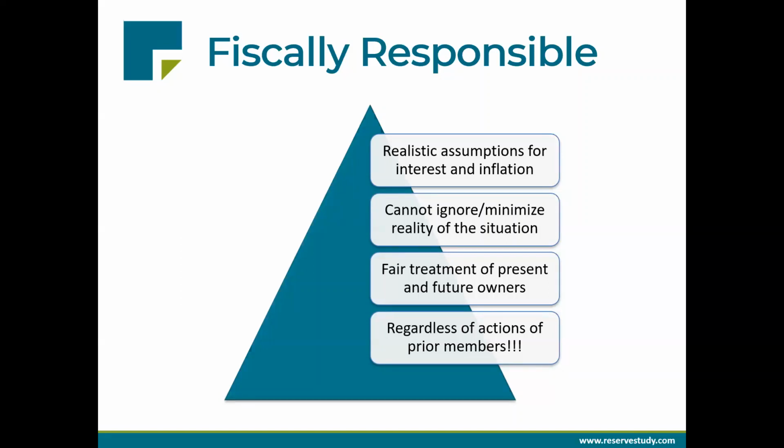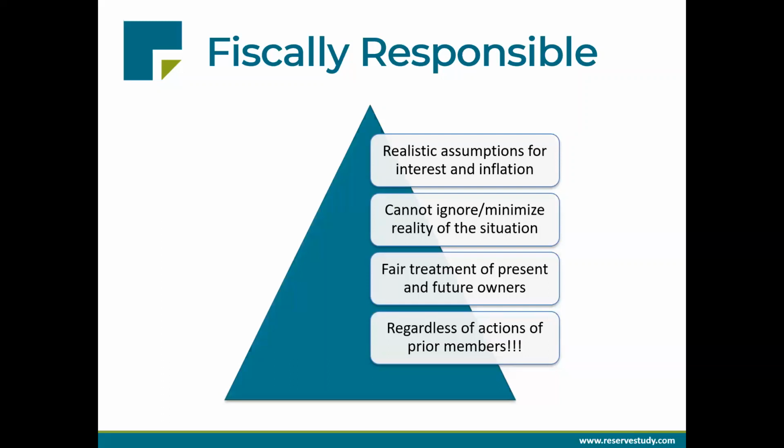That will not survive. The second point on this slide speaks to being honest about the situation that you're in, okay? If your association has not historically done a good job of funding the reserves, it's critical to address that, right? It's just financially irresponsible to continue operating the way you always have just to try and maintain some kind of status quo. Okay, it's not the job of the board of directors to make the owners happy. It is not their job to keep the dues low compared to the building next door, right?